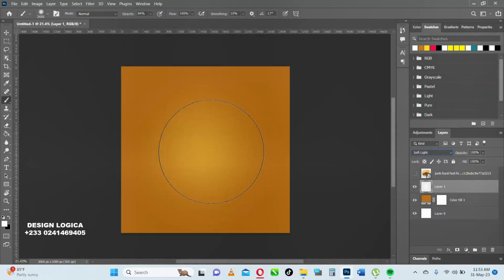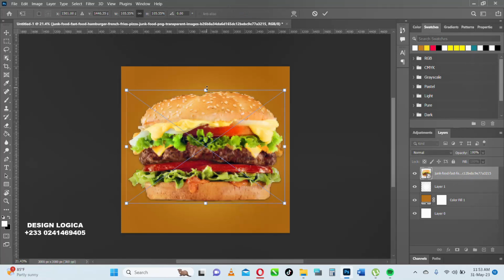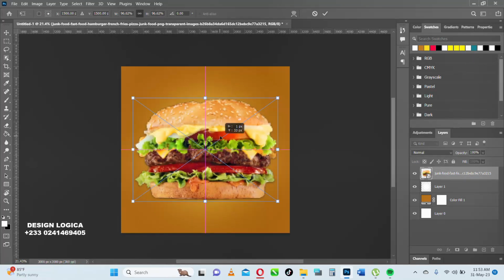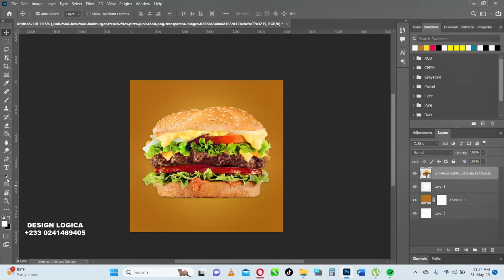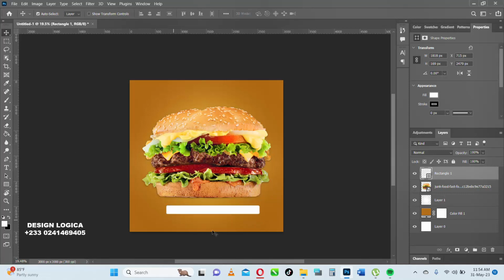soft color. Okay, and then let's place this one on. So you can first decide to do the background before you bring this one in. Everything is fine. And then you bring your shape, white color,